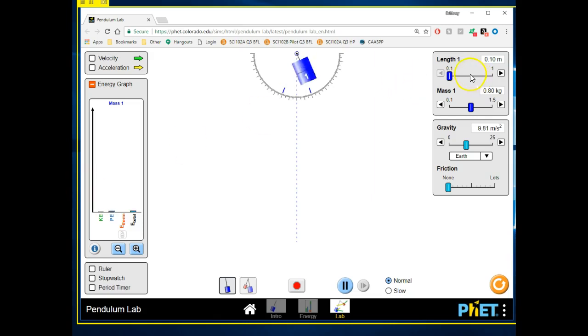Yeah, okay, awesome. Now what happens if I go much longer? Is it still going back and forth as fast as when it had a short wire? No, exactly. It's going much slower now. Give me a thumbs up if you can see that. When we had a short wire, it went super fast. When we have a long wire, it's going a lot slower. Thumbs up if you can see that. Awesome. Okay, so those are some things that we need to know in order to be successful on our lab.